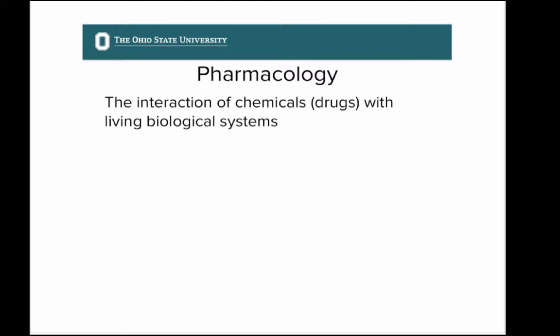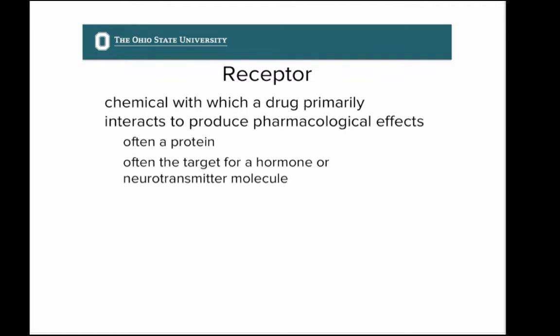Here's an example. A chemical called enkephalin is a neurotransmitter in our bodies. It interacts with a protein called a mu-opioid receptor. And if the situation is right for somebody who's a runner, they might experience runner's high. I must confess that I don't experience this, I just get tired.